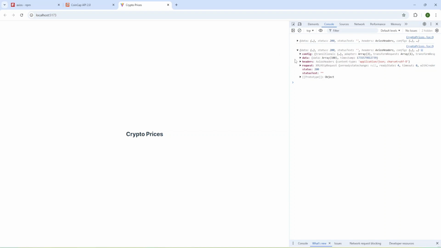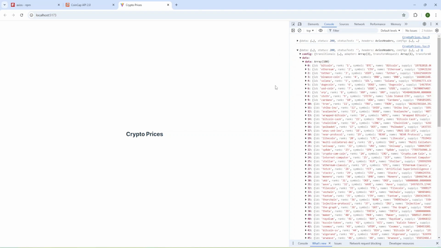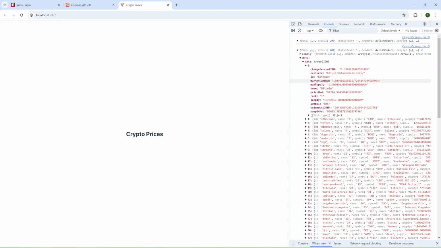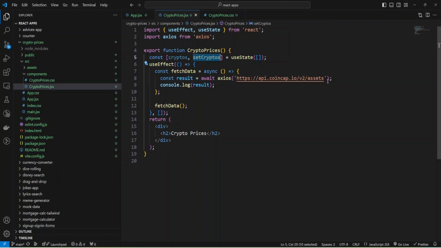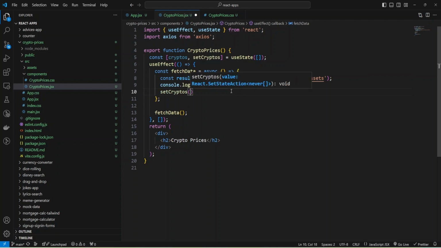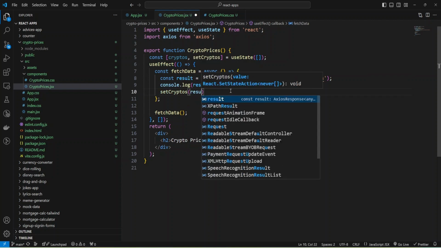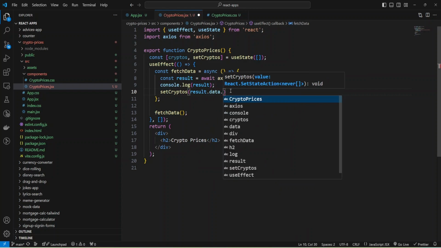Okay, and now I have my data, and inside data I have data, and inside data I have an array of objects, and each object is a currency and contains some data like rank, symbol, price in USD, and other data. We'll use this array of objects in our application to build the table. Now I can save my data into a state variable, and it will be inside result, data, and data,